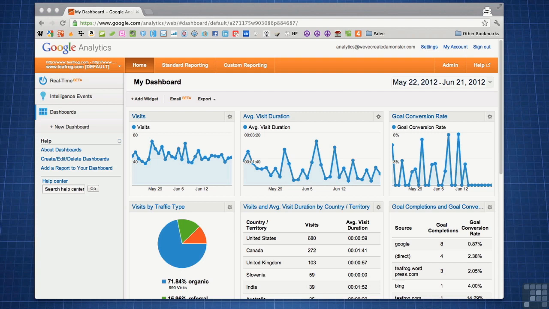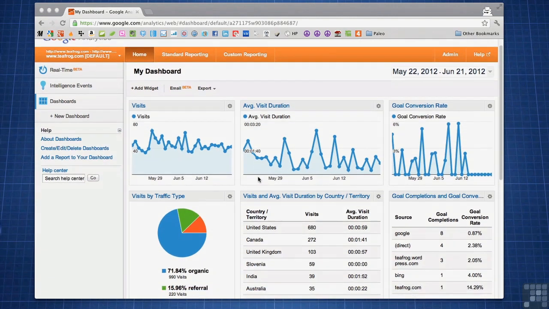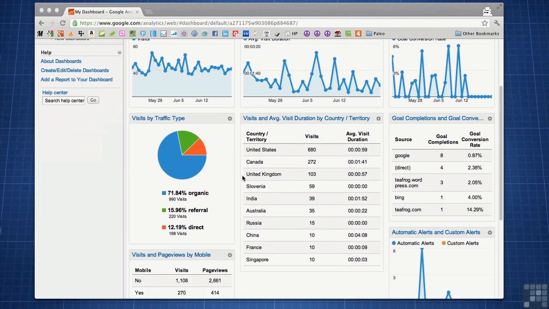So as you see here on your screen, this is the default Google Analytics dashboard. And it's got some metrics here. It's got visits, average visit duration, conversion rate. You can also see here it's got visits by traffic type. And I'd point out